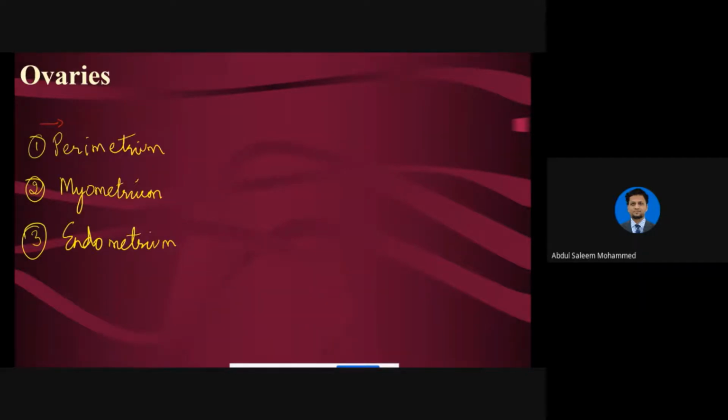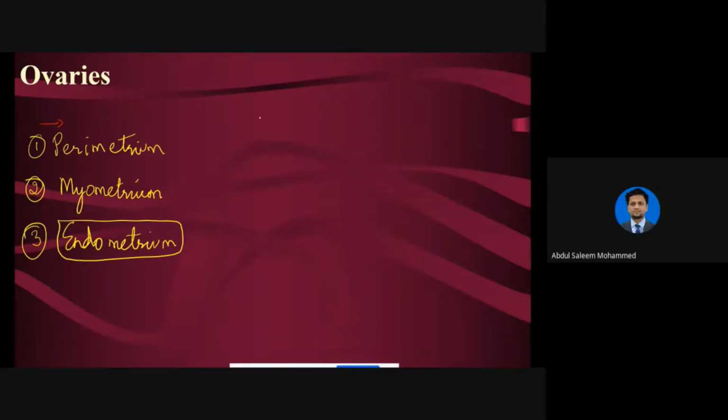Okay, so this is the most important part of the female reproductive system, not only from the system point of view, but also from the examination point of view. It's very, very important. Many times the question was asked, and they will ask you only about the endometrium or what is the myometrium, and which part of the uterus is helpful in the process of implantation, which part is helpful in the process of parturition, right? So that is how the questions will appear. So let us try to describe these 3 layers.